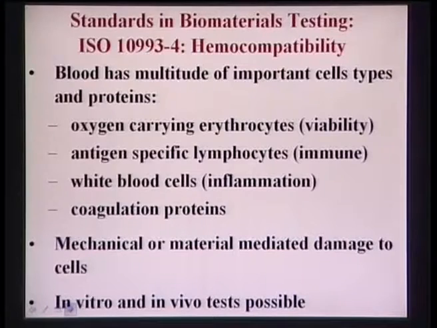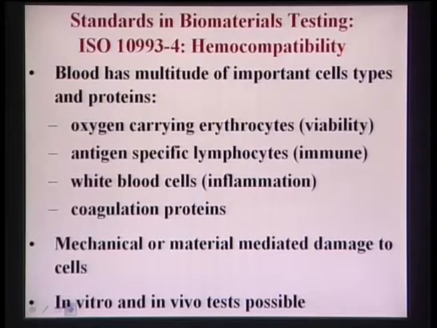Okay, in the last lecture, I discussed the in vitro cytotoxicity, that is the cell level toxicity, or the capability of a biomaterial to cause cellular apoptosis, as well as the mechanism by which cell material interaction takes place. That was largely discussed. Towards the end of the lecture, I also discussed the genotoxicity, that is the toxicity at the gene level, or in other words the potential of the biomaterials to cause DNA damage.